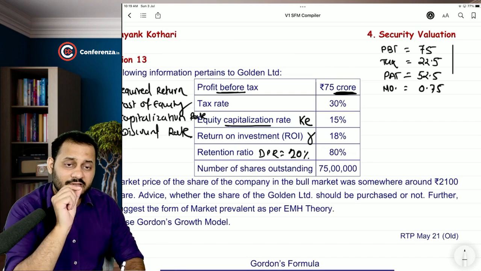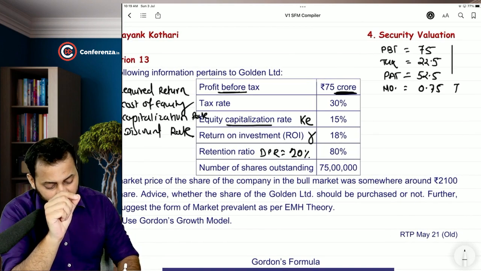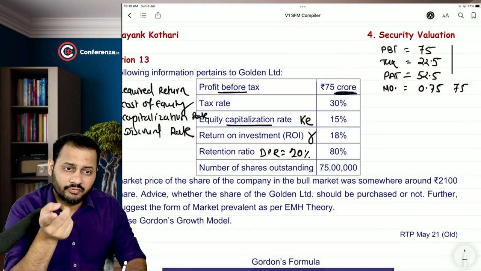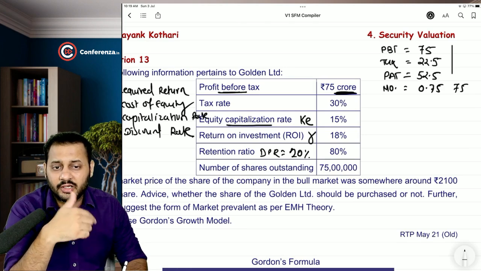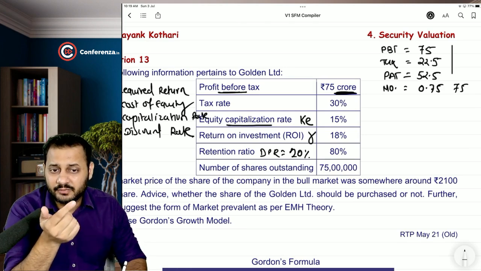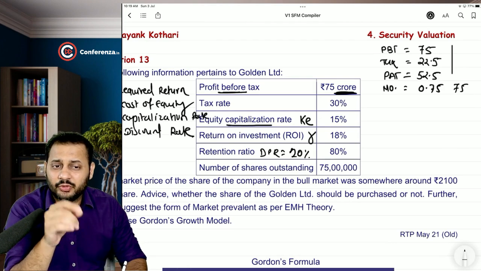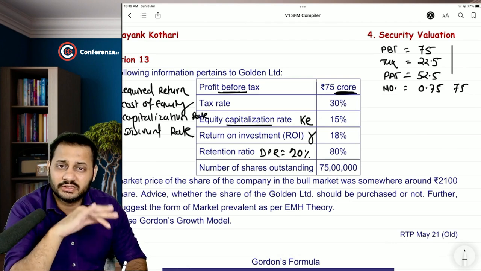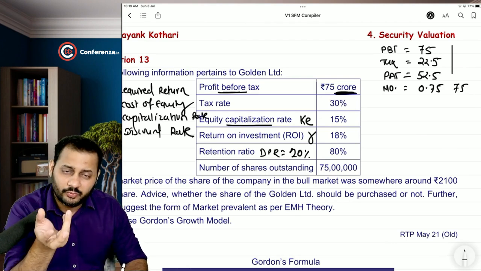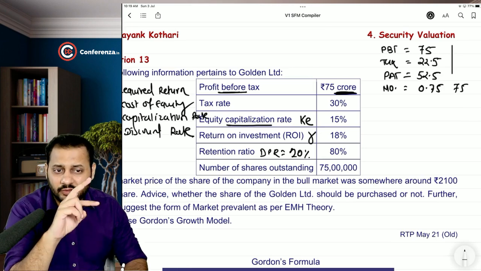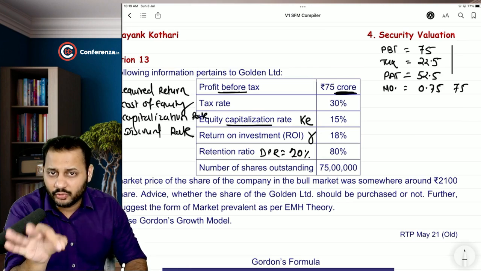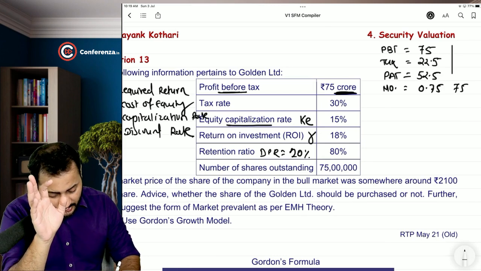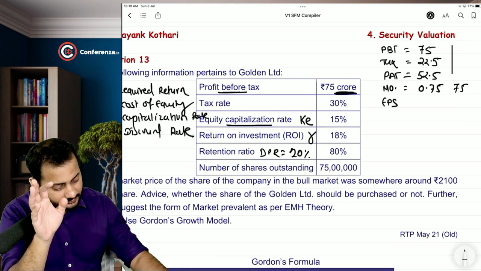The base should be same. Most of the people will do it wrong. They will divide 52.5 by 75, whereas they are making the mistake. They are not realizing 52.5 is in crore, 75 is in lakhs. So divide 52.5 by 0.75, both of which are in crores. Okay, you will get the EPS here,